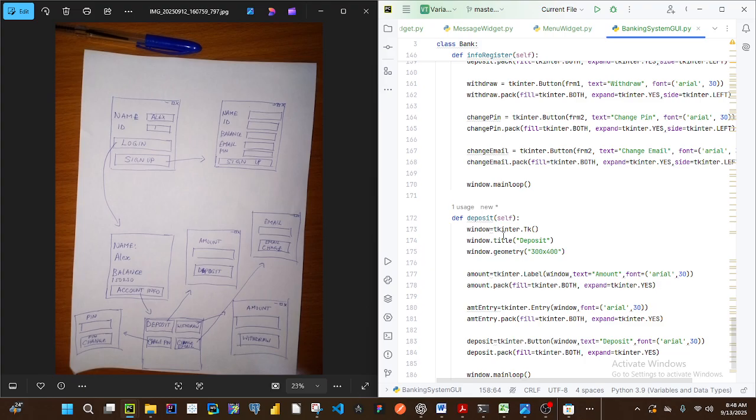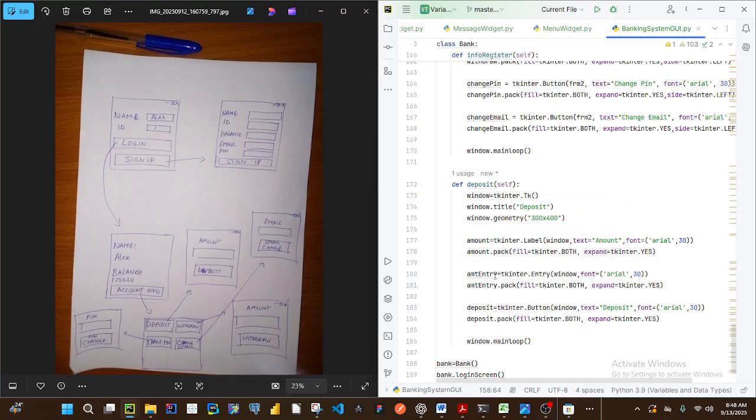Now the next thing I want to do is to create another function such that it allows me to open up the pin. Now, to save ourselves the stress, if you look at the structure of the amount, the email, the amount, the pin, they all have the same structure. So the label, entry, and button, and they are all arranged in a vertical manner. So what I'm going to do is copy this code for the pin window screen, the amount window screen for the withdrawal, and for the changing of email. So I'll just come here, copy it,